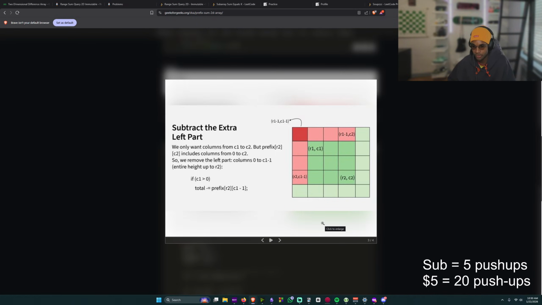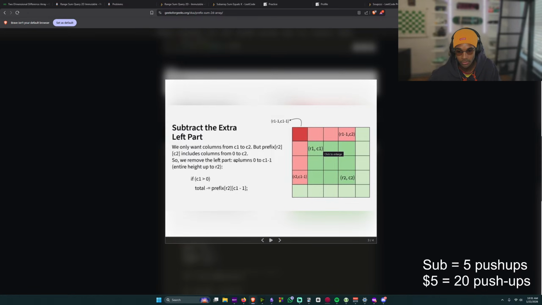Okay, wait, let me think about this. If column 1 is like 0, 1, 2, is it 3? Oh, wait, I was looking at column 2, sorry. So this is 1. We want to start our matrix sum at column 1. Column 1 is greater than 0, so that means we need to remove the 0th column.